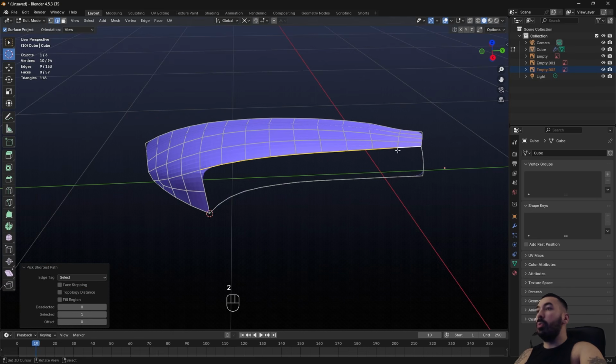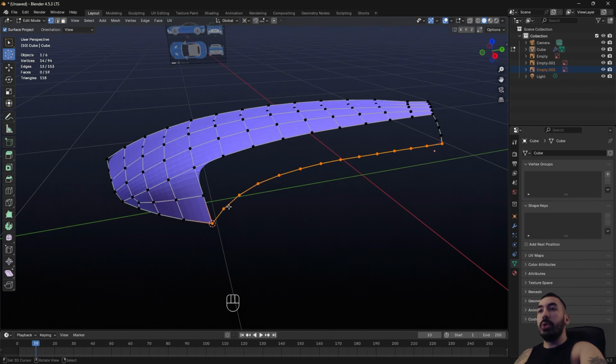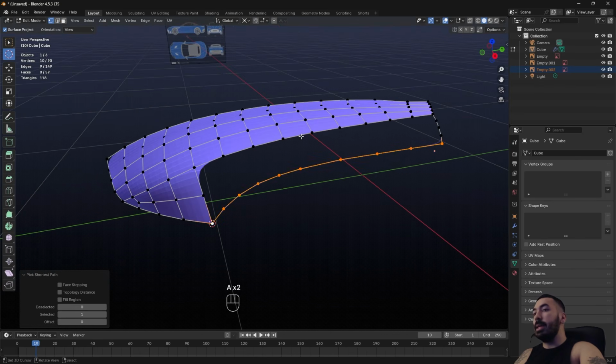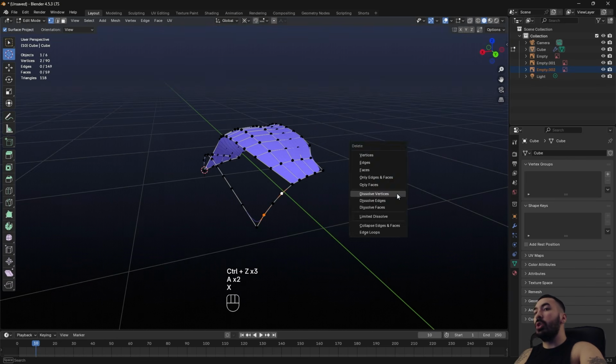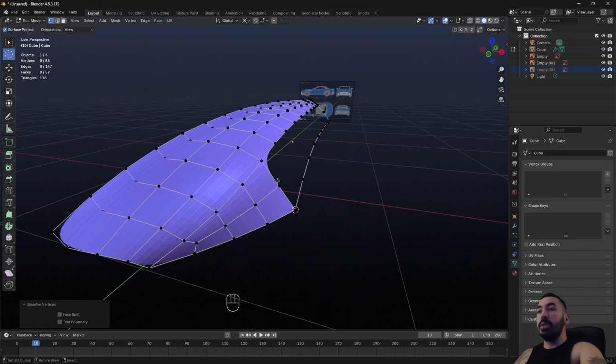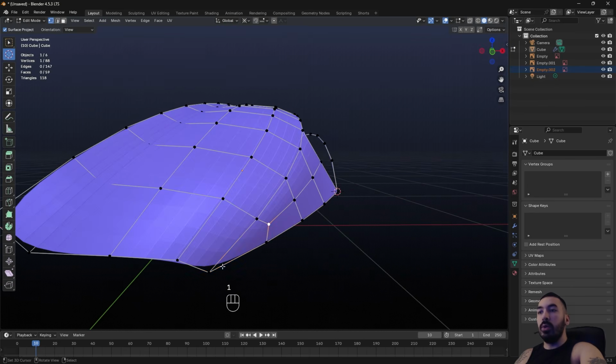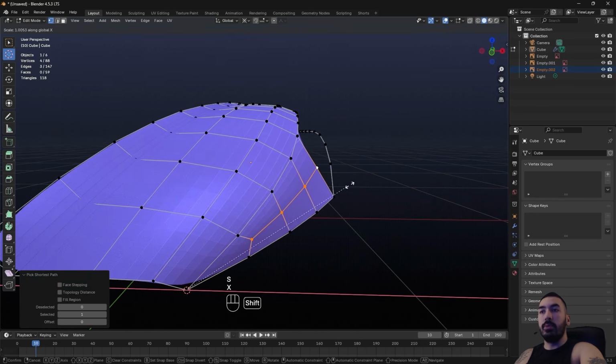So at the top, we currently have 9 edges, and down here, we still probably have 13, which means we're going to select 1, 2, 3, 4 vertices. We're going to dissolve them. Then we select this edge segment. We go loop tools, space, loop tools relax. And then also we're going to dissolve some of these vertices in the back here, because in the front, we have 2 edges. So now if we just push this edge segment from the front outwards a little bit,